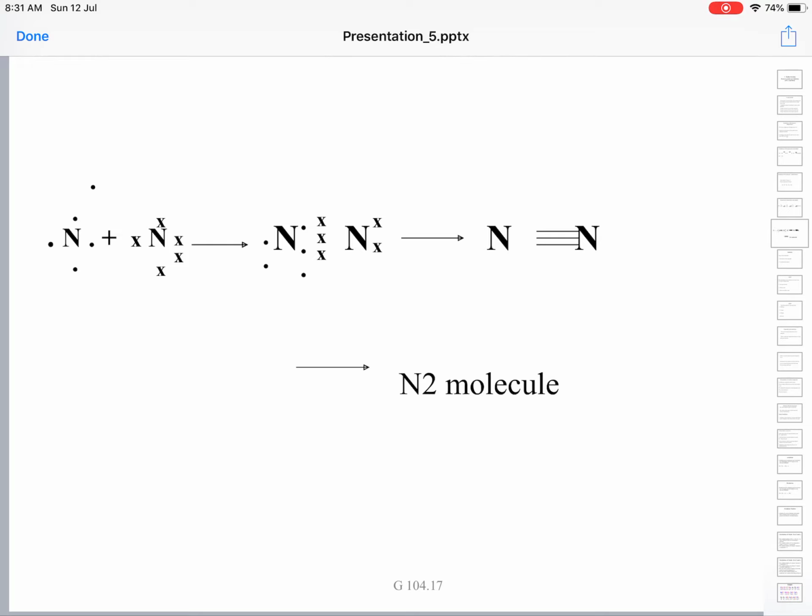See, a single bond is relatively easier to break than a double bond. A double bond is still relatively easier to break than a triple bond. A triple bond is the most difficult to break. It is very strong. Since in the nitrogen molecule there is a triple bond between the nitrogen atoms, it tends to remain unreactive. It has got a neon configuration. It is highly stable.